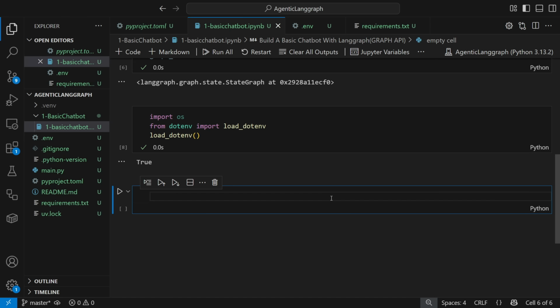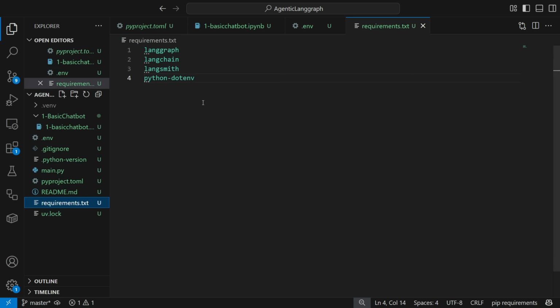Now, in order to define our LLMs, you can do this in two different ways. First of all, I will show you one very easy way. I will write from langchain_groq. For this, we need to install this library. It's called langchain_groq. So I will go ahead and write